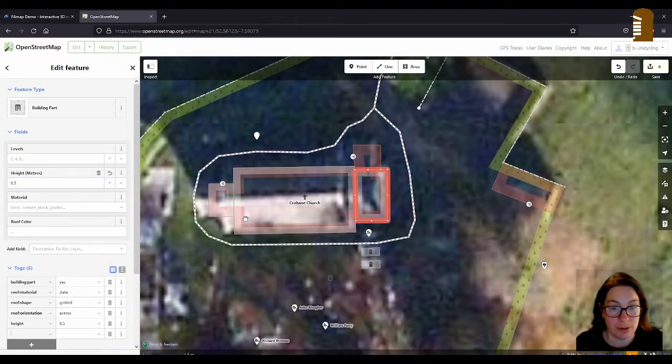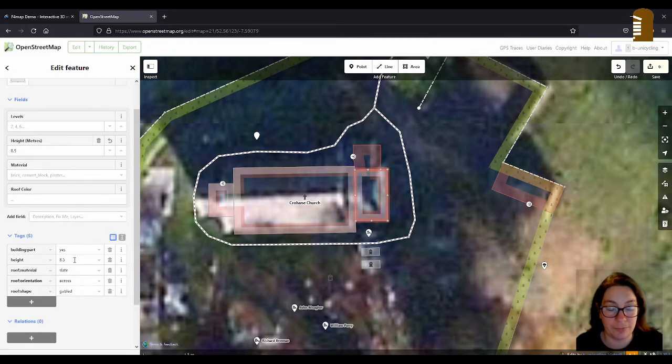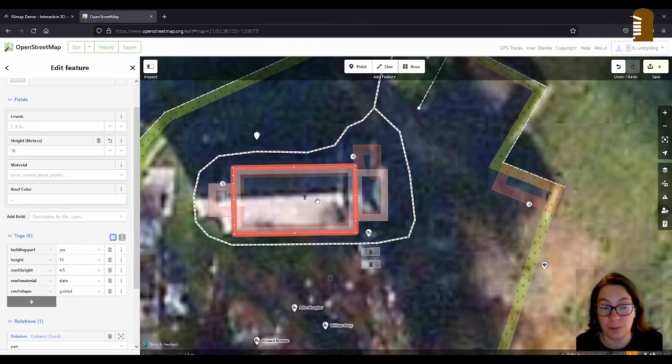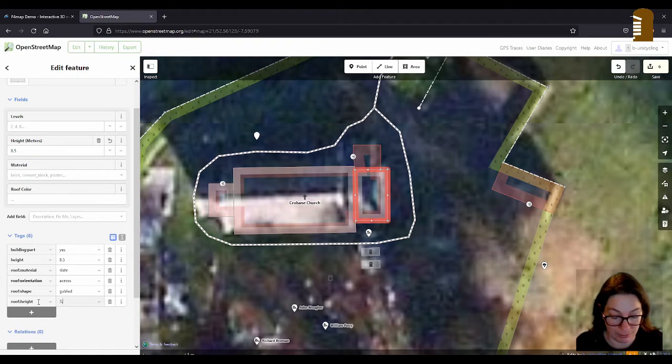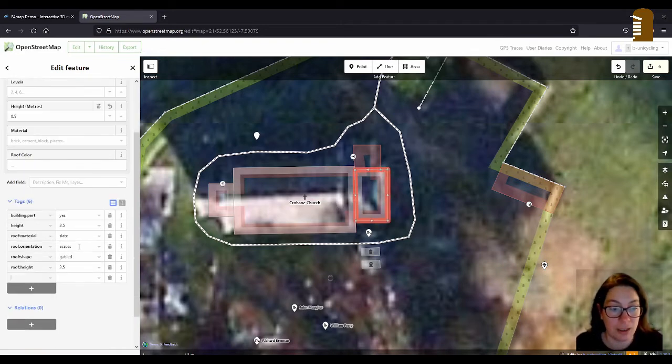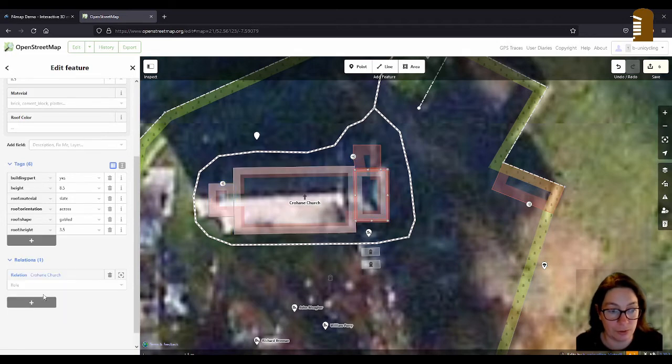Which was, how much was it? 4.5. So to make them look the same height, we want to make the bottom parts look the same height, I think. That's what we're trying to do, because the roofs look flush, those two roof parts. So the total height of the nave is 10 minus the roof height 4.5, which is 5.5. So I want to make this bottom part also 5.5. So to get that, I have to make the roof 3.5. Roof height 3.5. Hopefully that'll work. And not to forget to add this to the relation.